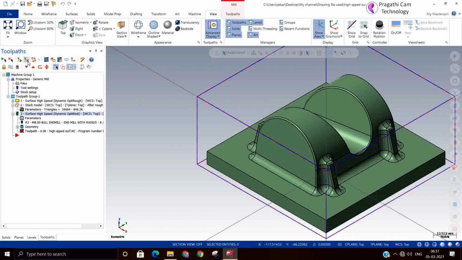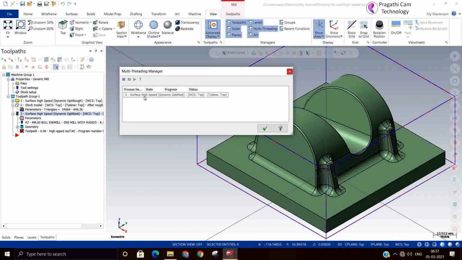Means whatever 0.5 stock we left, in the entire model that 0.5 stock is maintained. So you can go to view and threading manager. You can right click and modify the status so that your calculation speed can be increased.